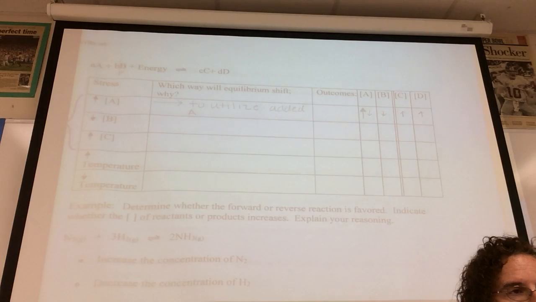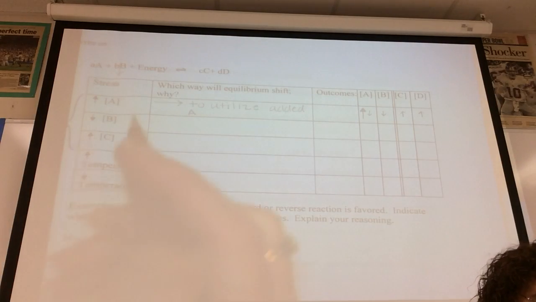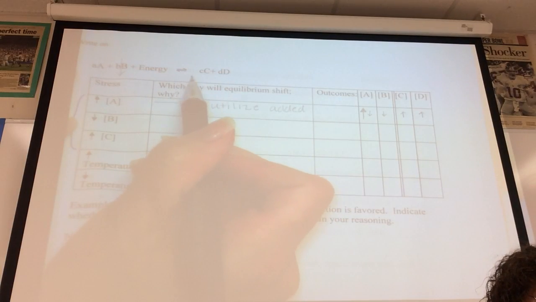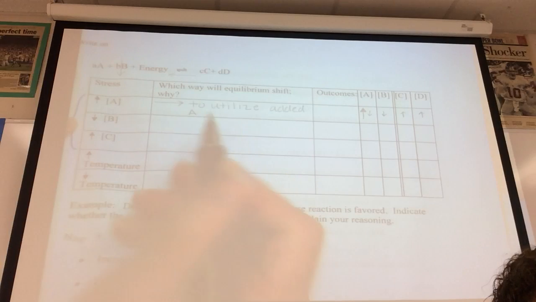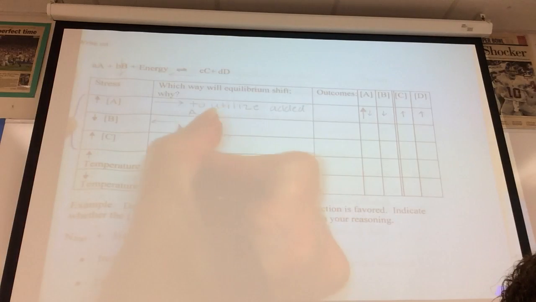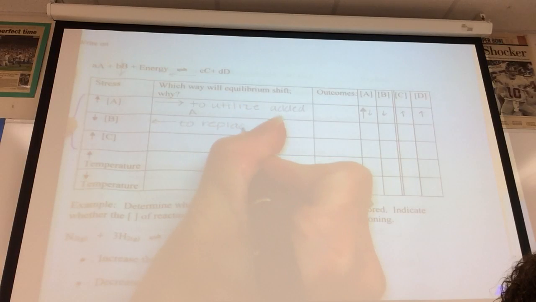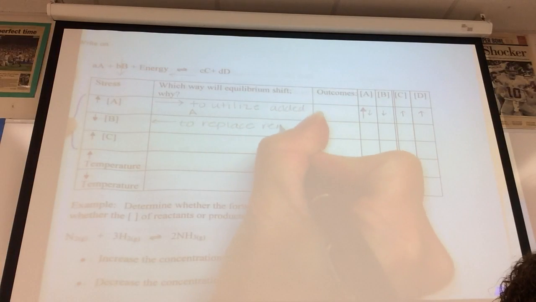When you decrease, do you shift away from it or toward it? Toward it. You shift toward it so you can replace some of what you've lost. So with the decrease in the concentration of B, equilibrium will shift in the reverse direction to replace the removed